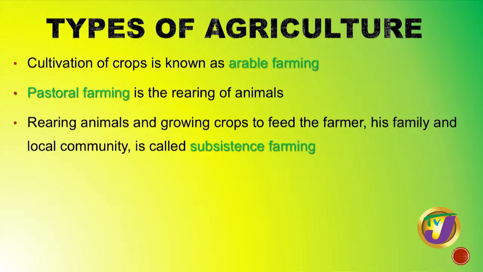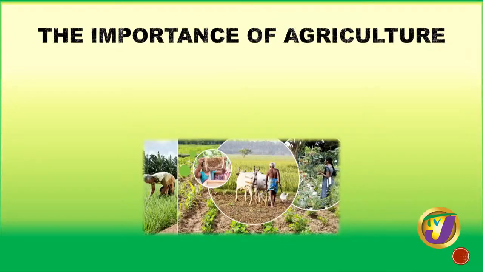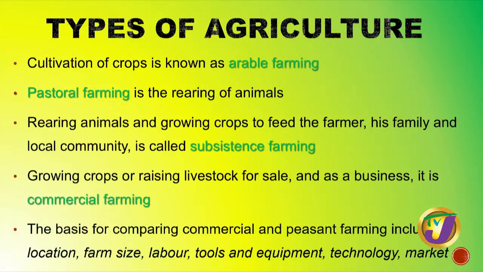So the rearing of animals and growing of crops to feed the farmer and his family in a local community is referred to as subsistence farming. We also have commercial farming, which involves the growing and raising of livestock as a business or for export, for